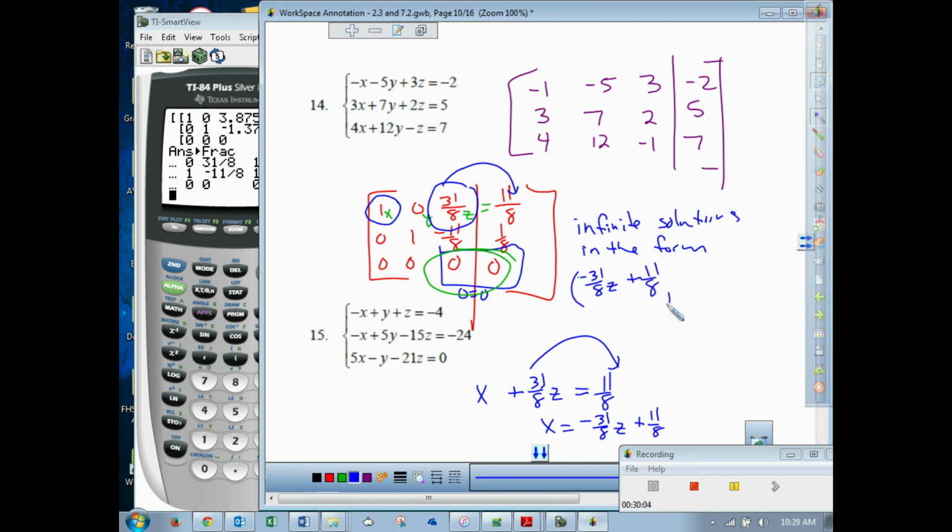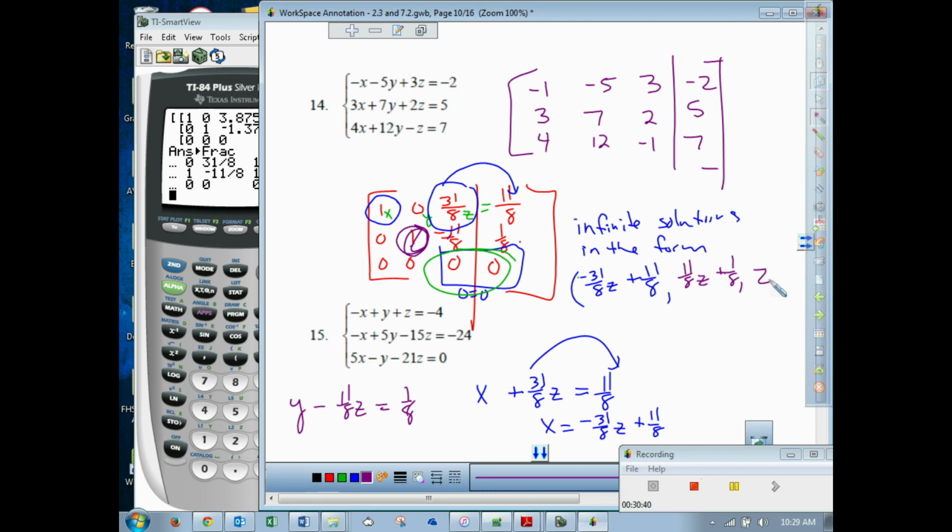That's x. I need to solve for y. Isn't this right here, this 1, represent 1y? You with me? This is a z. Don't you need to add him over in that same equation? So y would equal, if I went off to the side, you'd have y minus 11/8 z equals 1/8. Don't you just have to add 11/8 z to both sides? Right? So y equals 11/8 z plus 1/8,